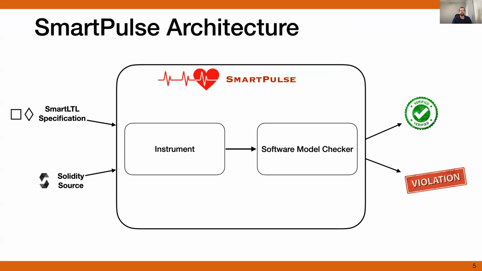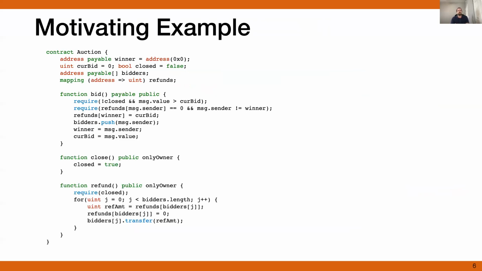So let's take a look at an example auction, which we'll continue to look at throughout this presentation. Here, the auction allows users to bid in the auction, and the auction will keep track of the current highest bidder, the amount that they bid, and any users that need to be refunded because they have been outbid. In addition, the owner can decide to close the auction,